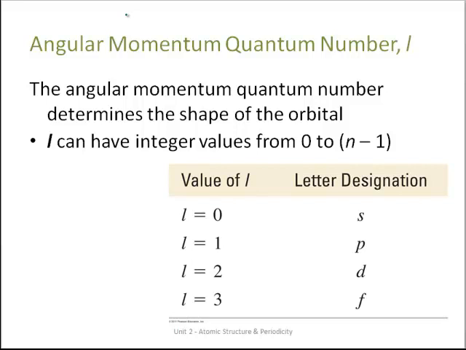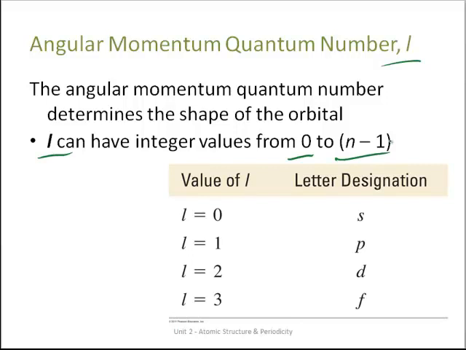So there's two additional quantum numbers that we get from the Schrodinger equation. And just like n, the principal quantum number, they're going to give us information about the electron within the atom. The second one is the angular momentum quantum number, sometimes just given as the orbital, which we abbreviate L. Now L is always dependent on the energy level and can have values from 0 to n